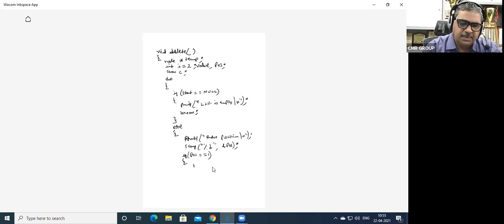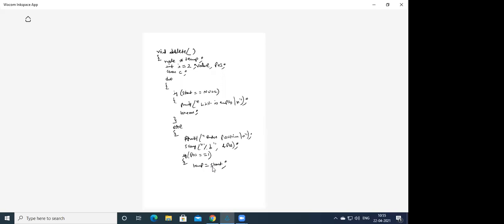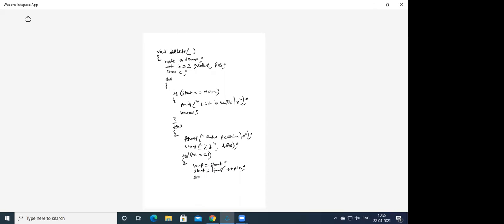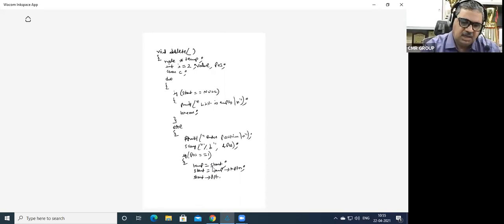I have already told you: temp is equal to start. Make a note. Start equals temp arrow RPTR. Then start arrow LPTR is equal to null.